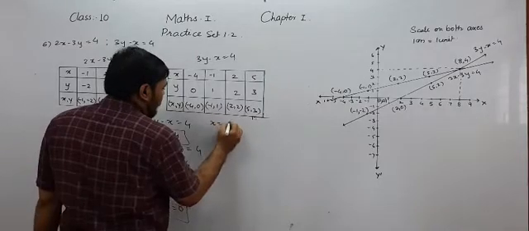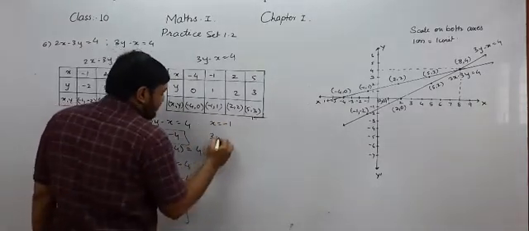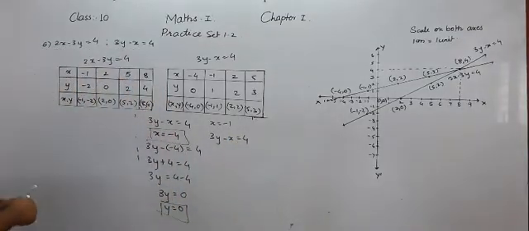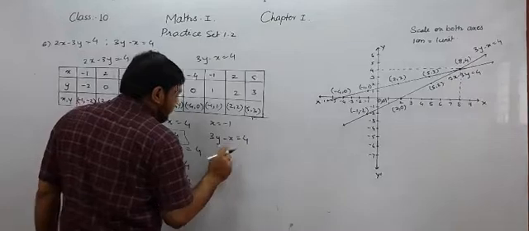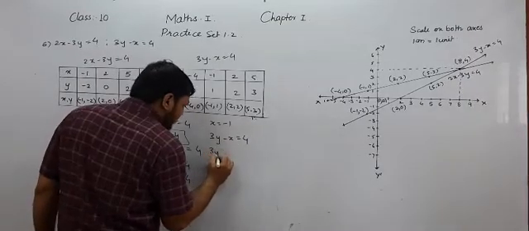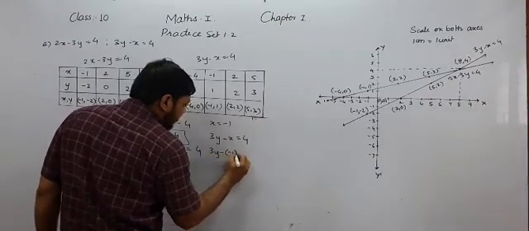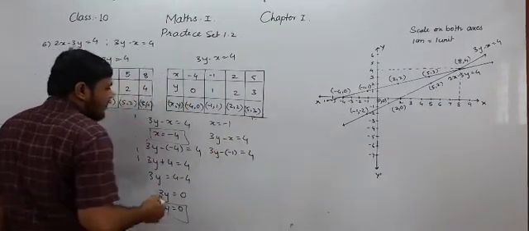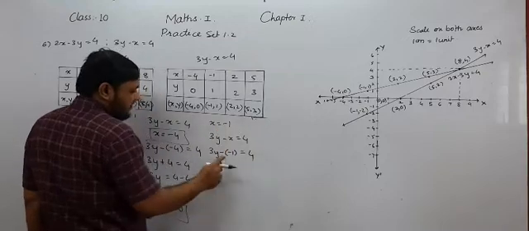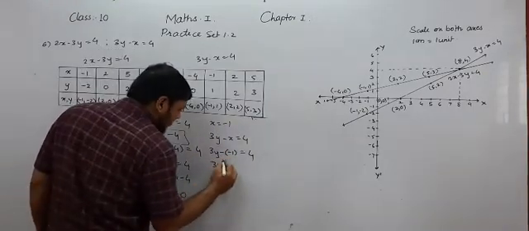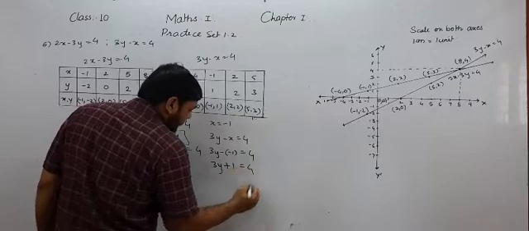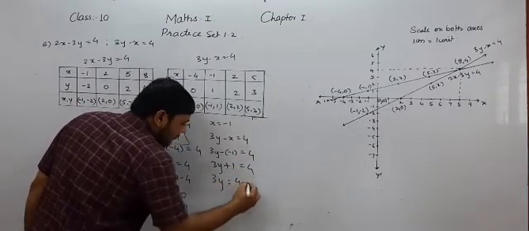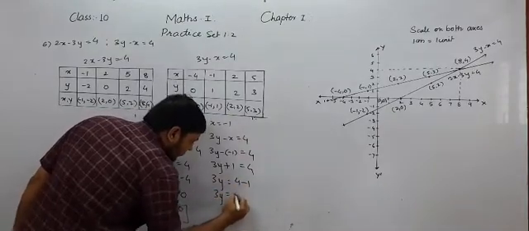Now we will put x equal to negative 1. So here it is 3y minus x equal to 4. We have to put x equal to negative 1 instead of this x. So 3y minus negative 1 equal to 4. Here this negative sign is given in the equation, and the coordinate is negative 1. That is why this negative will become positive. 3y plus 1 equal to 4. So 3y equal to 4, and this positive 1 will go to that side, will be negative 1.